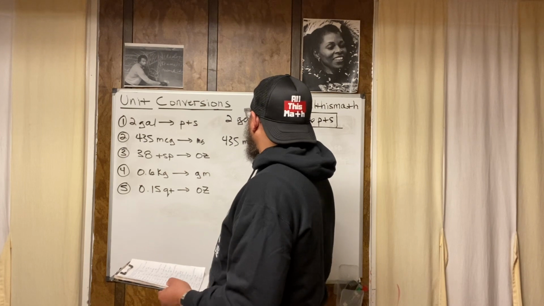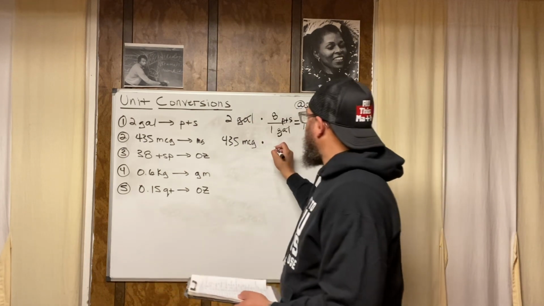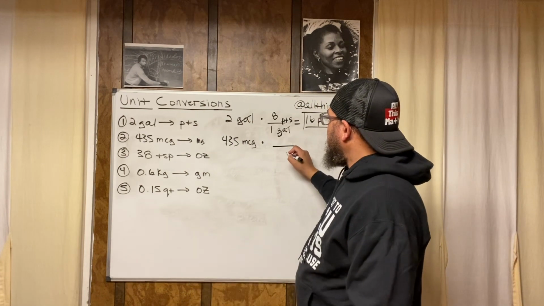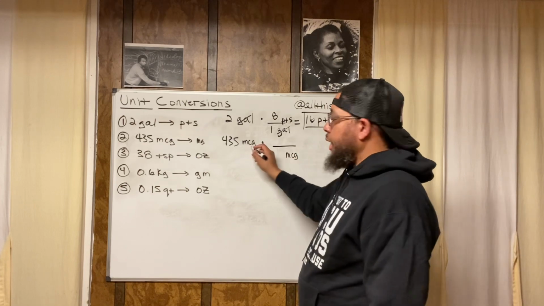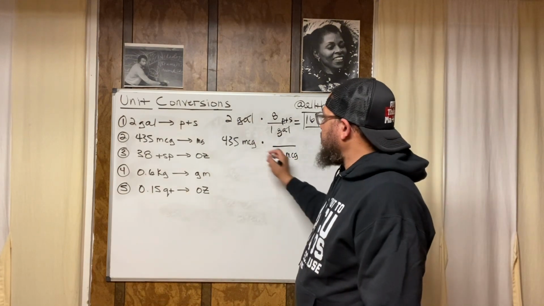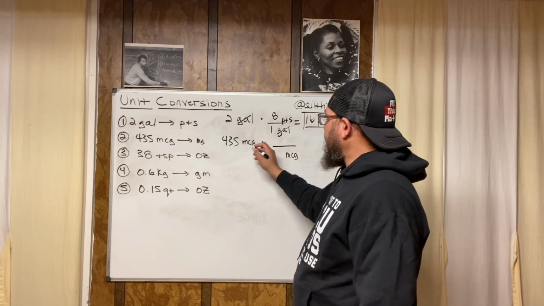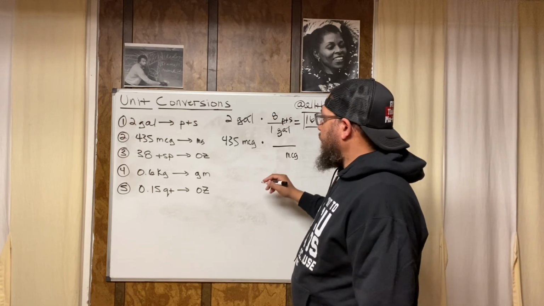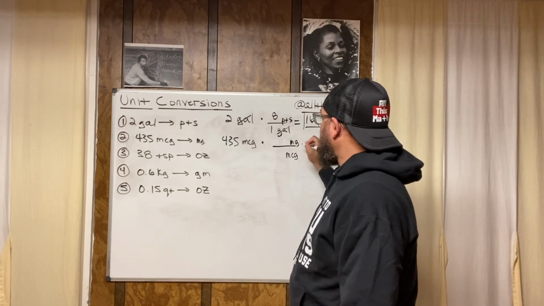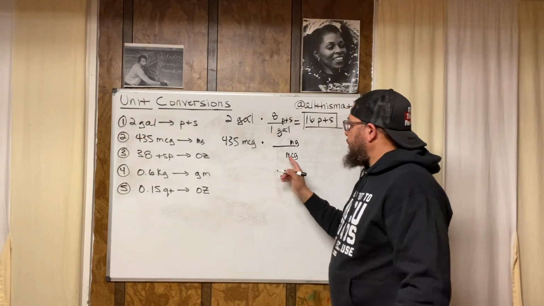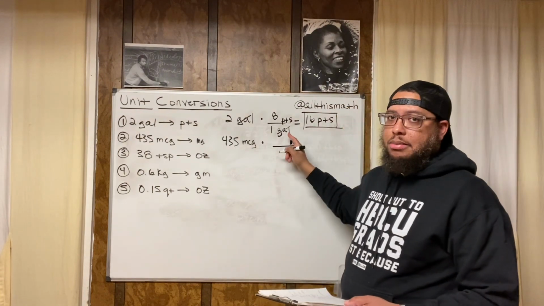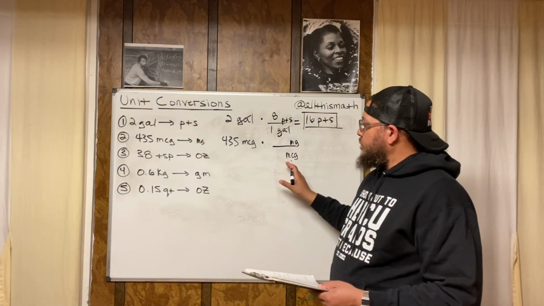435 micrograms, do your multiplication sign, fraction bar. Put micrograms on the bottom. Why? Because you want those to cancel out, right? And this is called cross-canceling, just like in this problem. Put milligrams on top. Now, we need to know how many micrograms are less than milligrams, because micrograms,